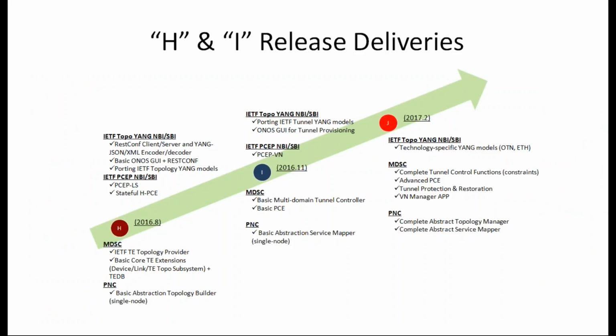And the current release deliveries, schedules of deliveries, we have defined to include most of the deliveries in the upcoming 3 releases. So the basic function and interface capabilities will be introduced by the first 2 releases, H and I release. So the logic behind those, the distribution of those functions, are like that.